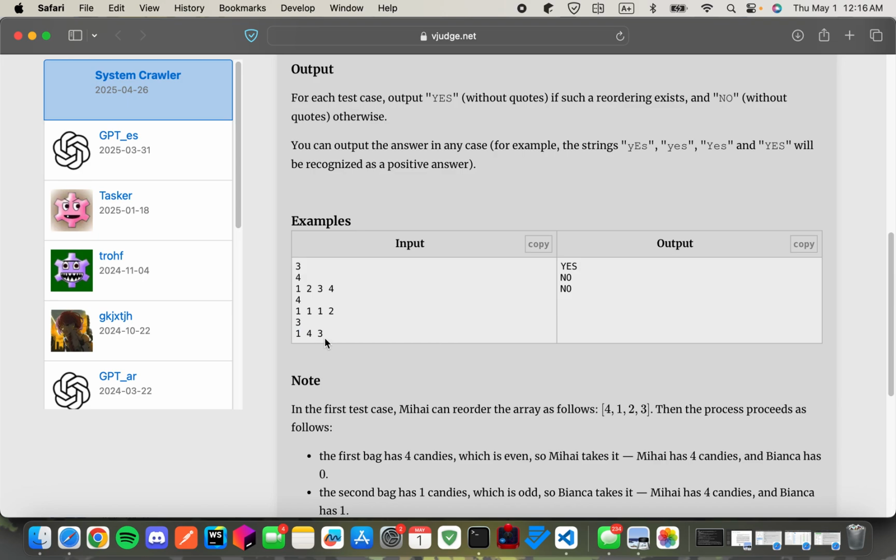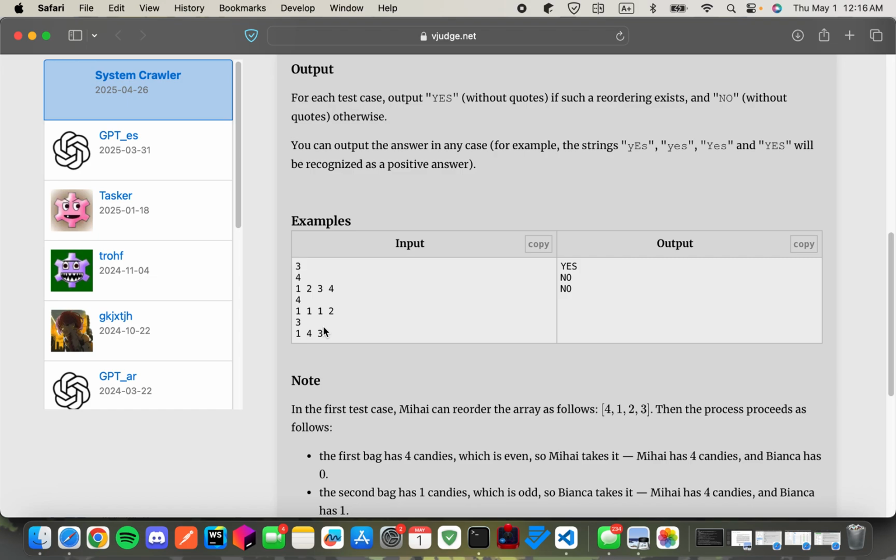When Mihai places down 4, Bianca has 0. Then she places down 1. She has 1, and Mihai is still greater than Bianca right now. But then Bianca has another 3. So if she places down 3, they have equal. So therefore, that's already a no.